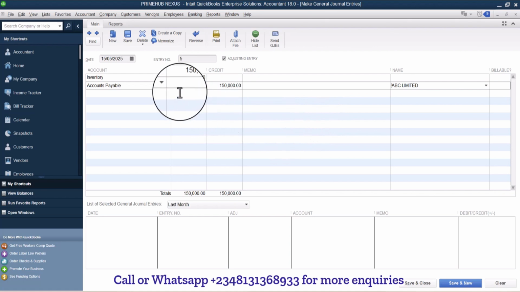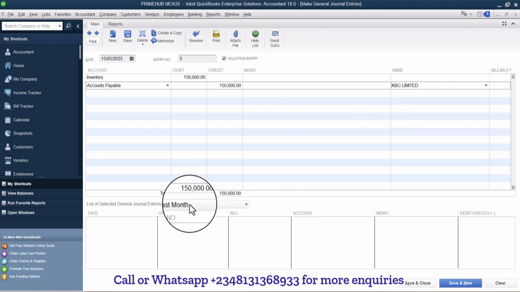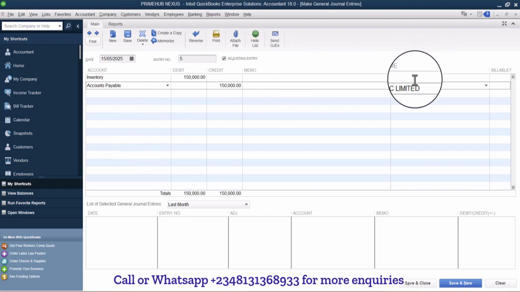The first error that is happening here is that we're not given the opportunity to select the items that we bought. Now inventory items in QuickBooks means that you want to keep track of the purchases, the sales, the stock that you have at hand. So if you are not able to select a particular product here, this is very wrong,